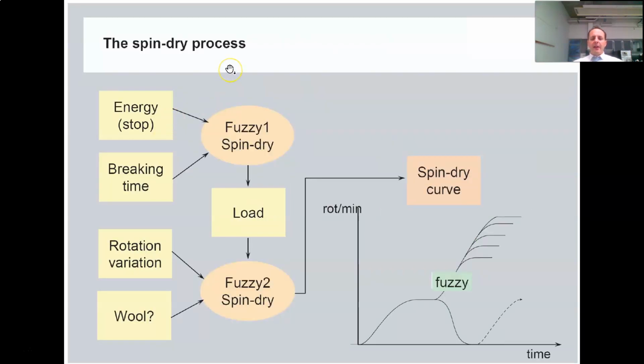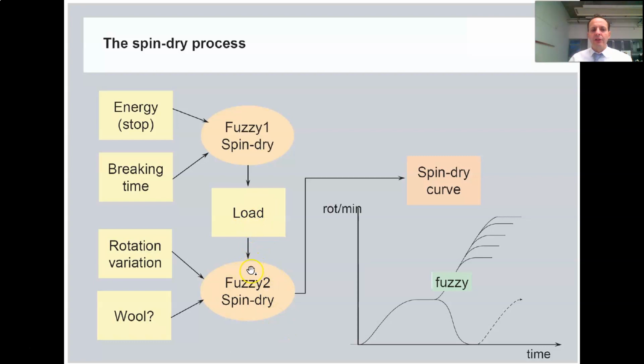And this is, as for the case of the spin dry process, and of course the energy, you have a first control, which is using the energy and perhaps the braking time of your program, so it implements the first regulator, and depending on the load on the system,